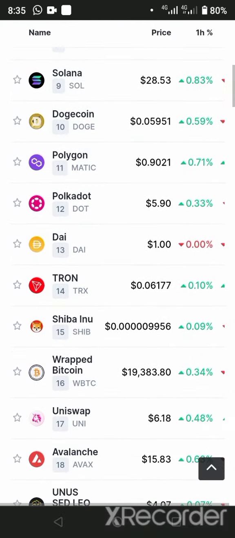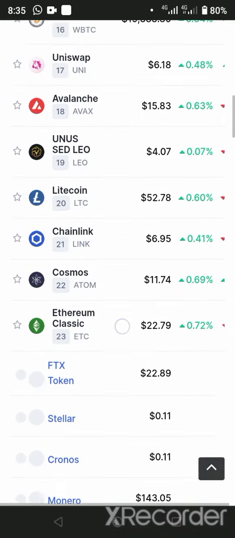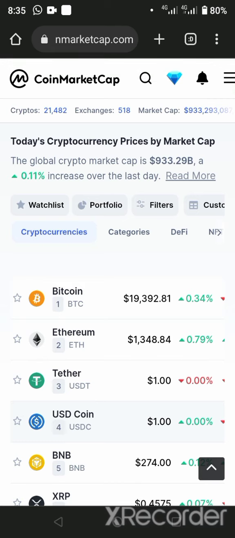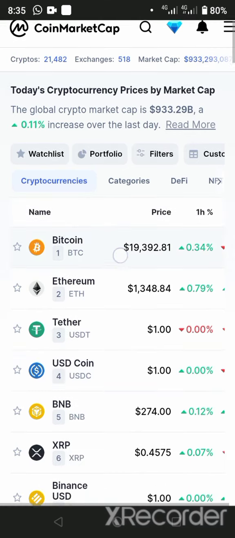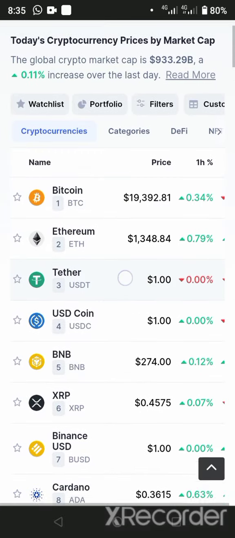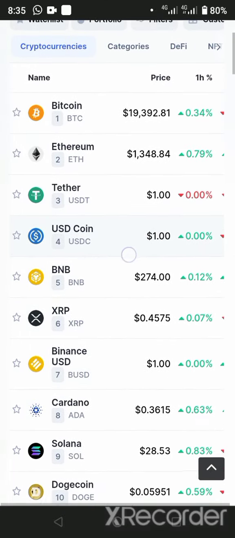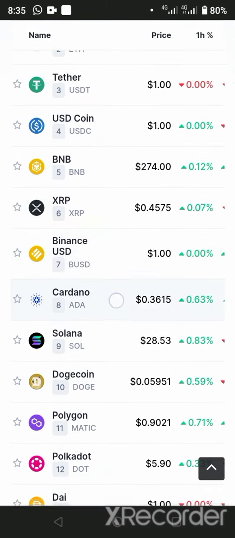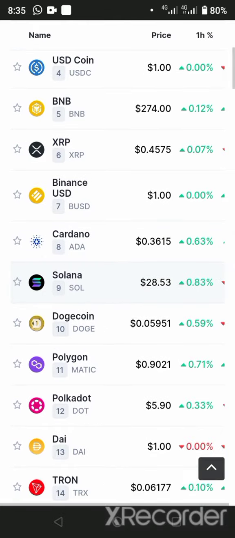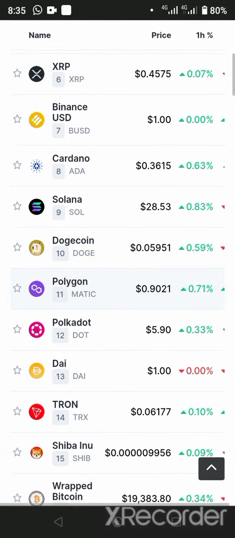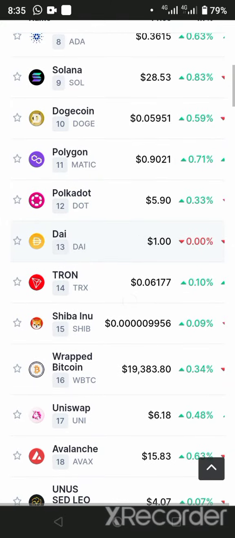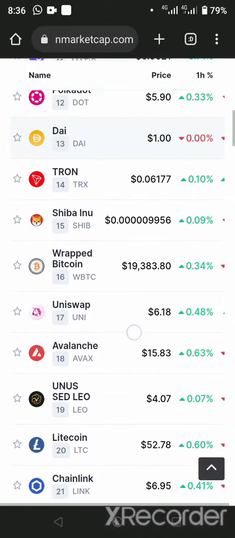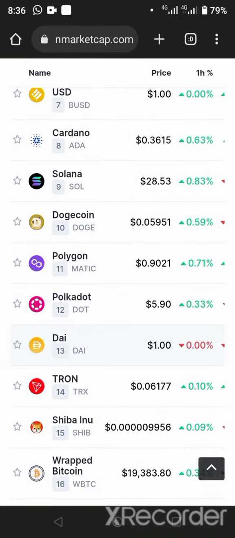All these are cryptocurrency projects, and they are numbered. There's Bitcoin number 1, Ethereum number 2, Tether USDT number 3, USD Coin number 4, BNB number 5, Ripple number 6, Binance USD number 7, ADA number 8, Solana number 9, Dogecoin number 10, then Matic, Polkadot, DAI, Tron, Shiba Inu, Wrapped Bitcoin, Uniswap, Avalanche, and all these are cryptocurrencies.